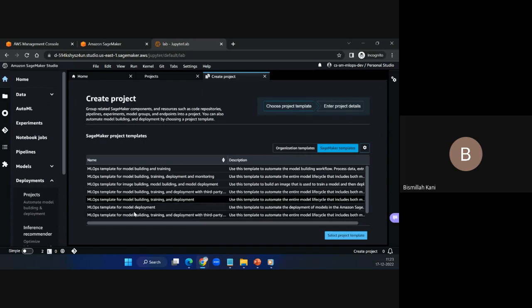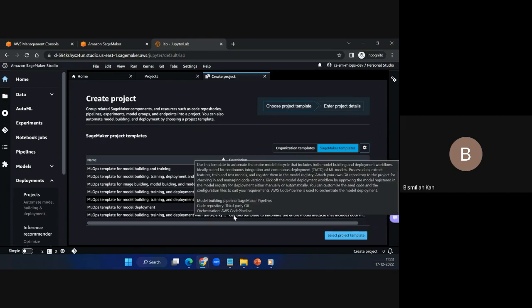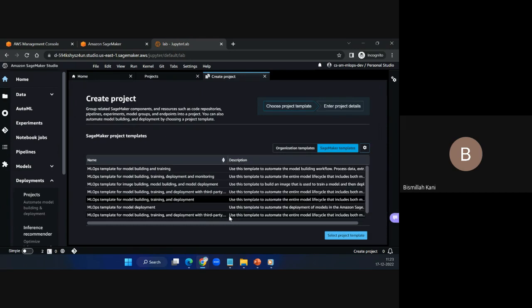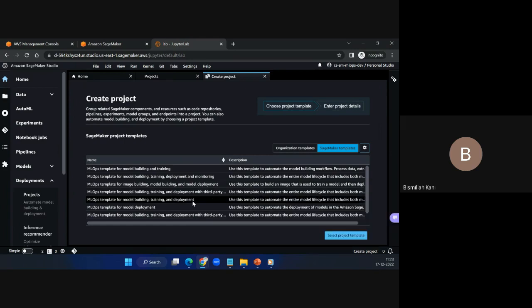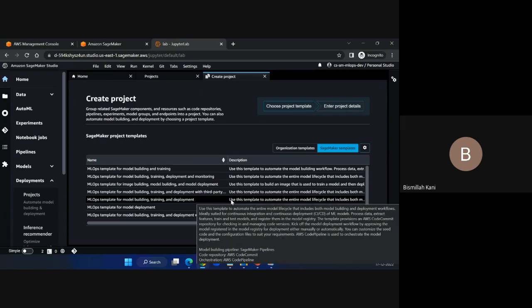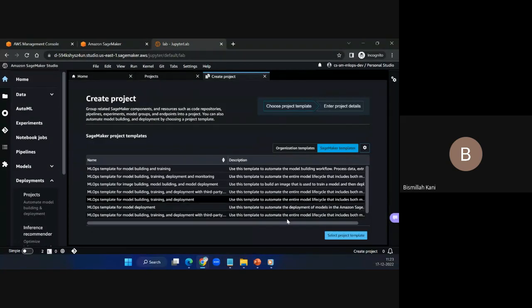For that, you can use this other template, which uses third-party Git and Jenkins. But for simplicity, since we are just starting, we will use this one. Maybe in another session, we'll go to those third-party Git and Jenkins. So select this project template,